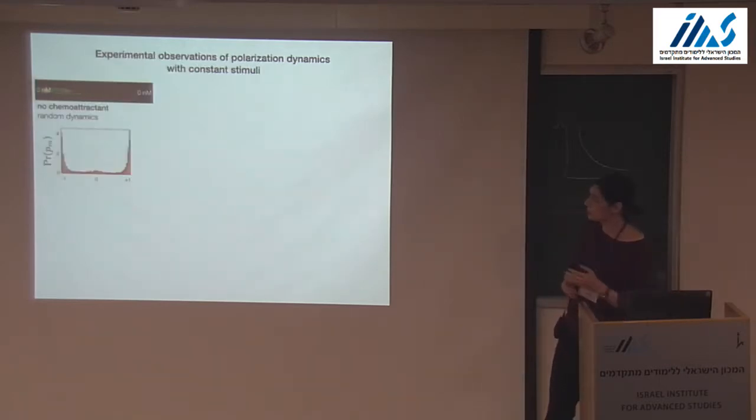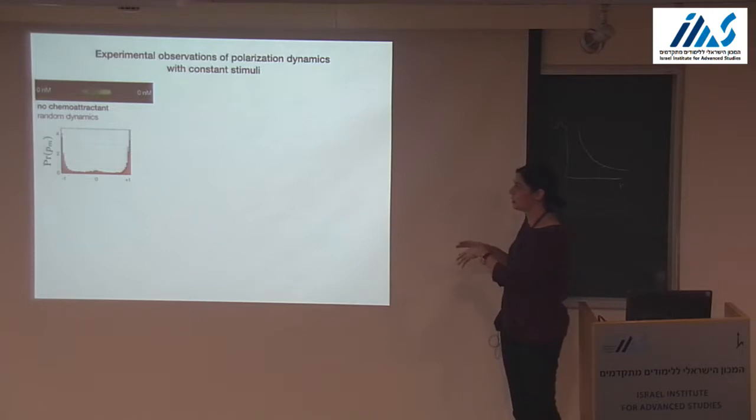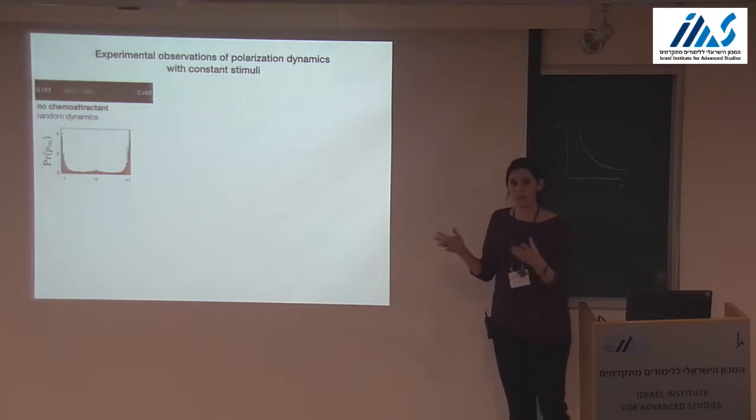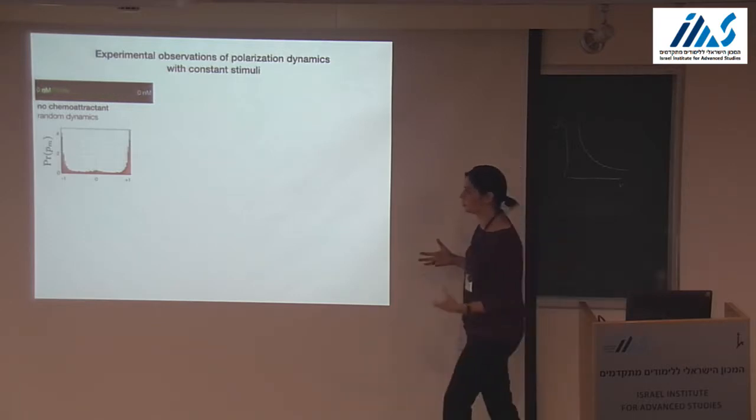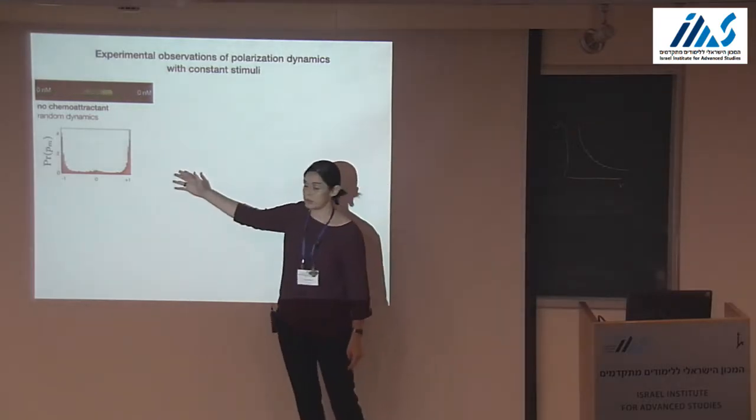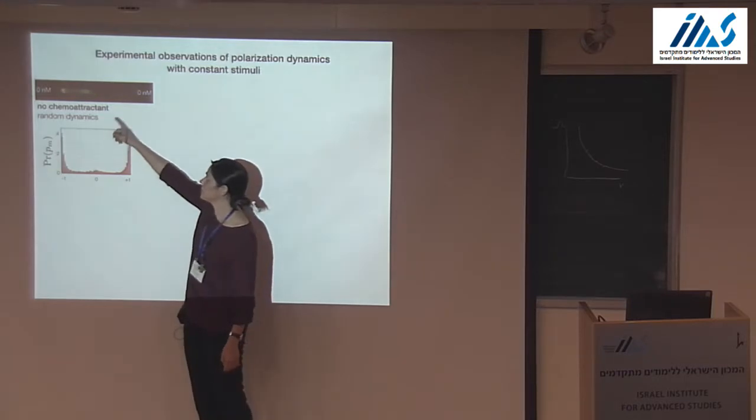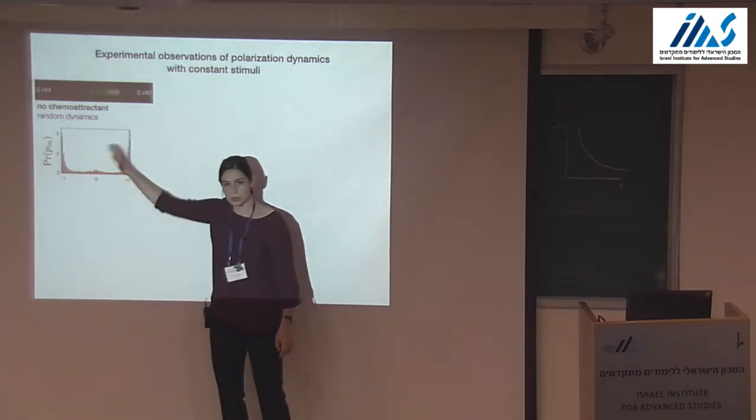So we're going to look at 3 general cases of types of dynamics, and from this try to build a description. So this is a sanity check. You have an example here of a single cell where there is no chemoattractant, 0, 0 both sides.